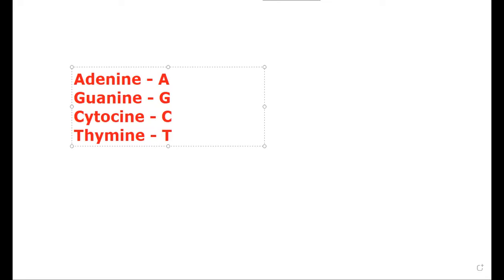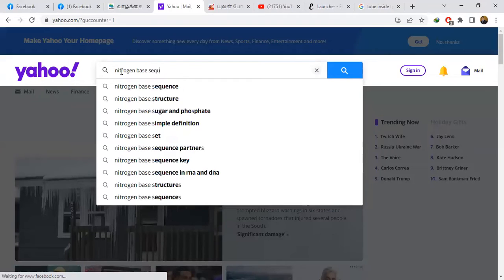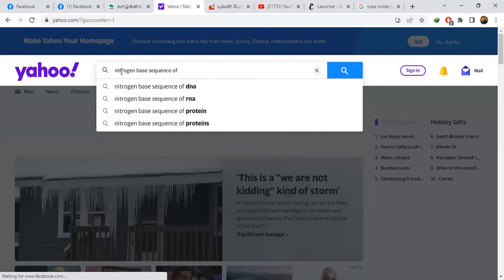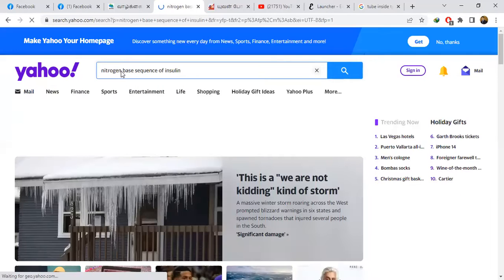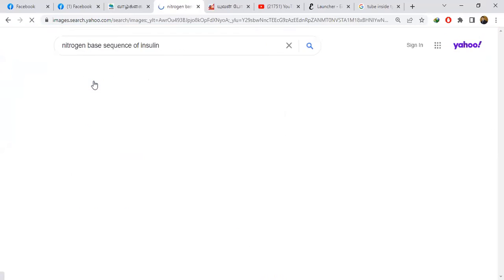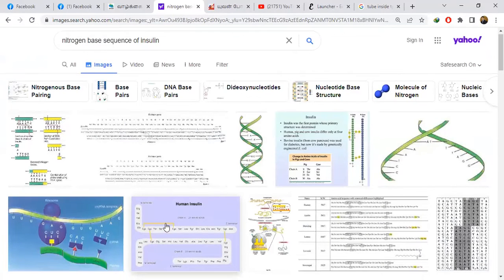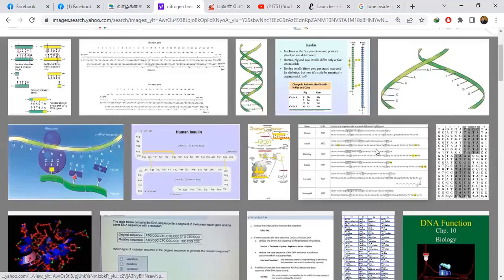Yes, sir. Now, here we come to an idea. I'm searching for the nitrogen base sequence of insulin. Insulin is a protein in our body. Have you heard the word insulin? Yes, sir. To make the insulin,